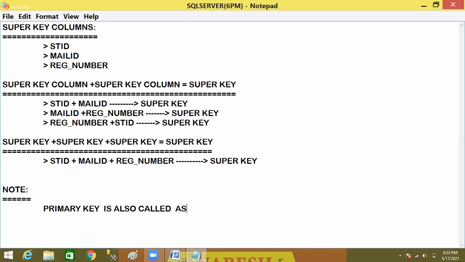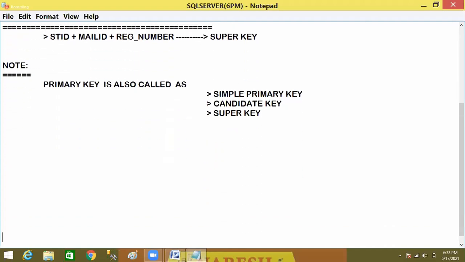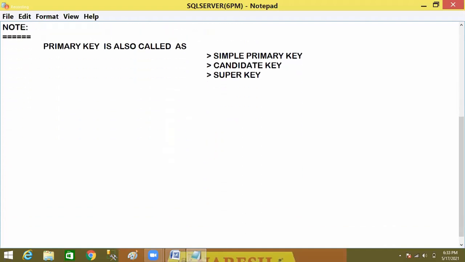One is also called a simple primary key. Otherwise, it is also called a candidate key. Candidate key, otherwise, is also called a super key. Every primary key column is called a simple primary key, or candidate key, or super key,